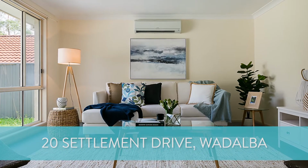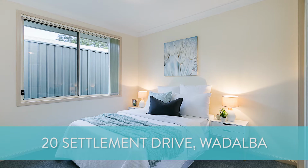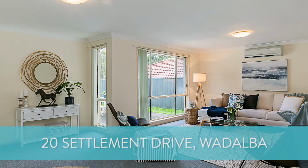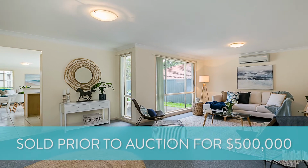Now another property that we took to the market was number 20 Settlement Drive at Wadalba. This was a 4-bedroom, 2-bathroom, 2-car garage design. This property also sold to first home buyers prior to auction. And the great thing about this property was you can really see the difference that styling and preparation